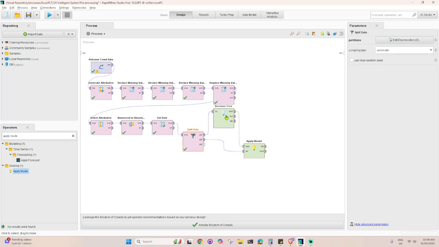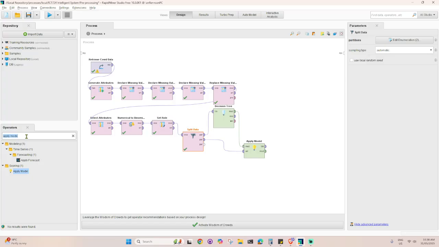So 75% is going to the decision tree, and the 25% will have no decision tree algorithm in it, so it will just go directly to apply model. So it provides a differentiation between the decision tree outcome and without the decision tree.